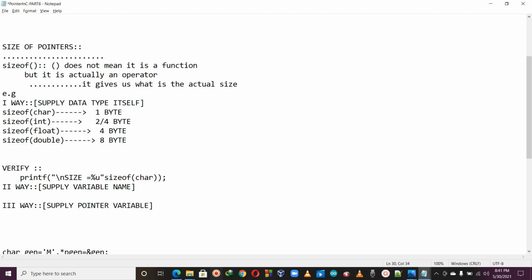First we are supplying the data type, second we are supplying the variable name in sizeof, and third we are supplying the pointer variable name.